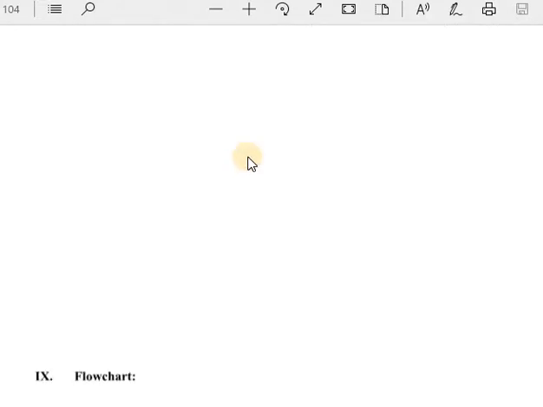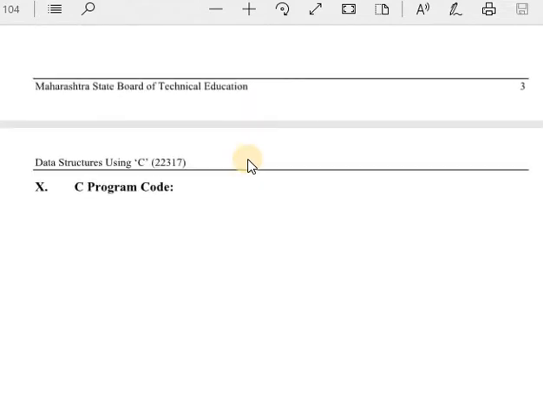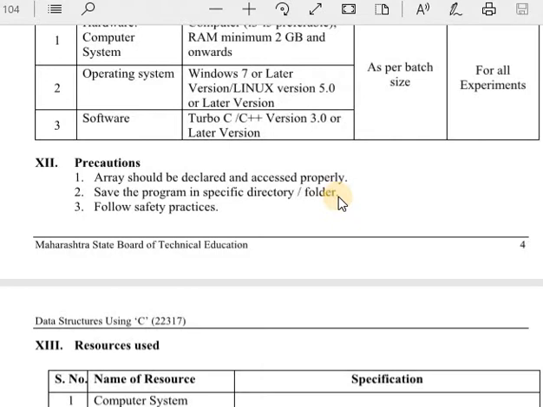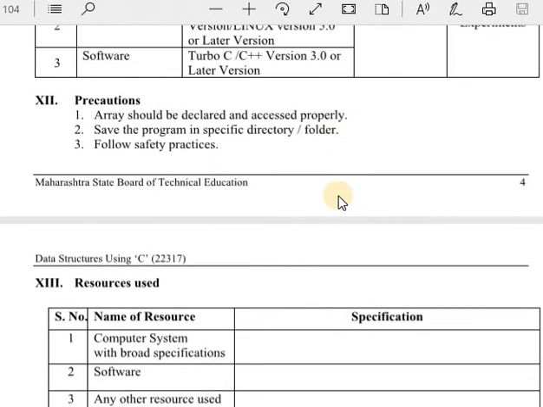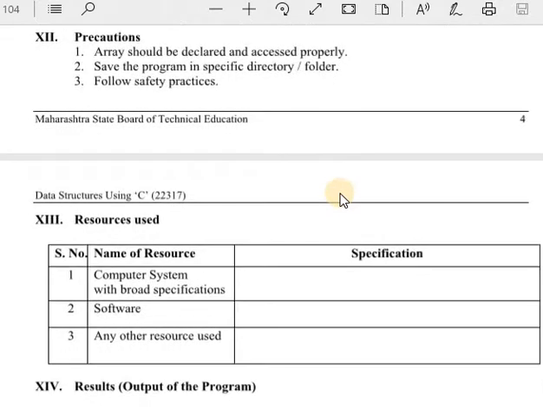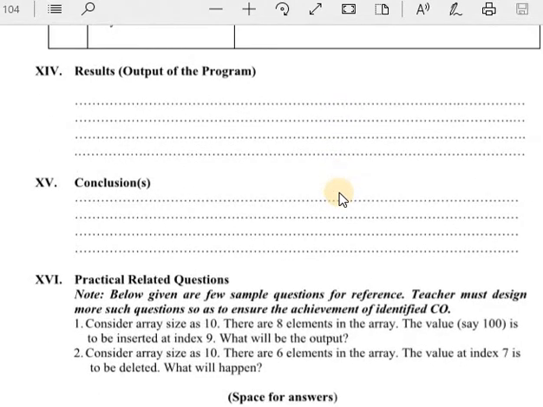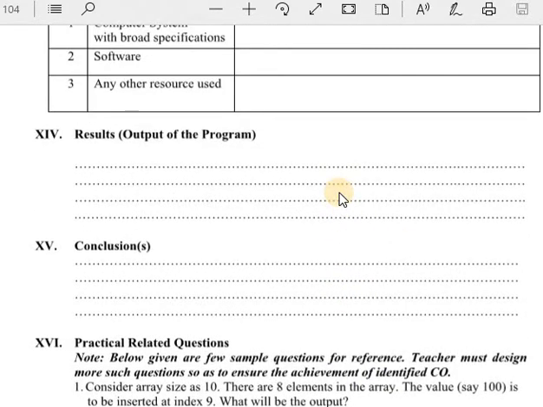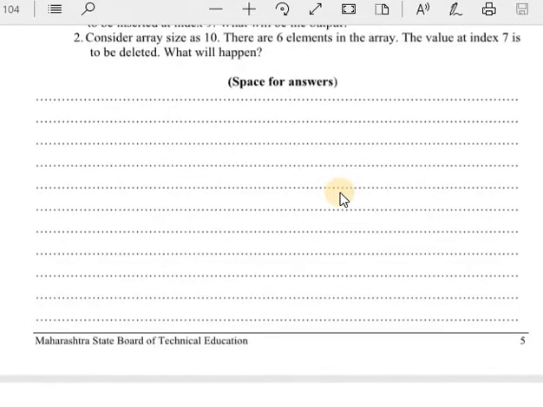In practical number 1, I gave you homework. I hope all of you completed it. Otherwise you will lose term marks, because the 25 marks depend on this homework. That means you should regularly give your attendance on time and complete your manual. Your marks depend on that, out of 25 marks distributed.